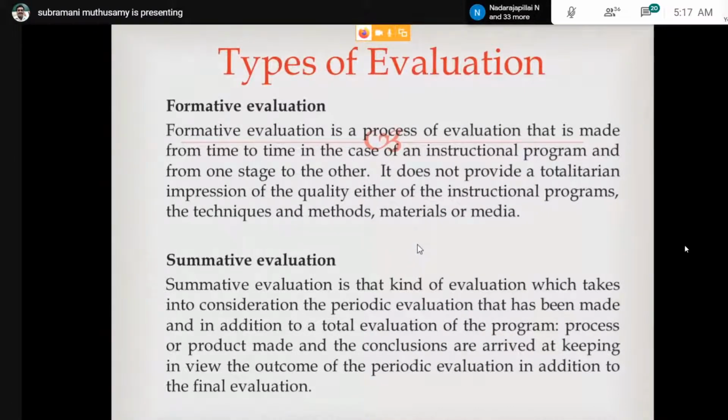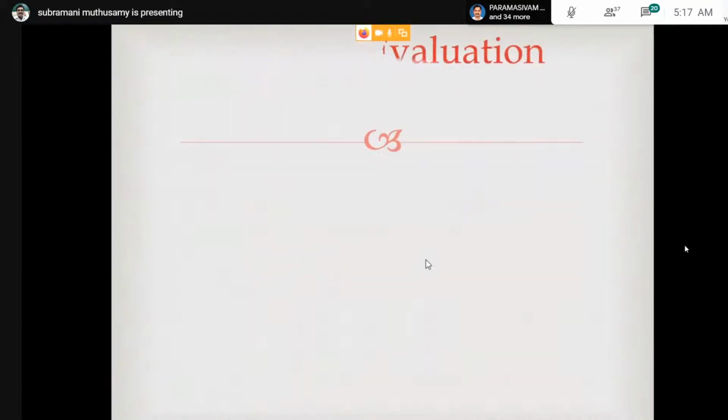evaluation that has been made, in addition to a total evaluation of the program. So the process and product are considered, and the conclusions are arrived at keeping in view the outcome of the periodic evaluation in addition to the final evaluation. The last two,